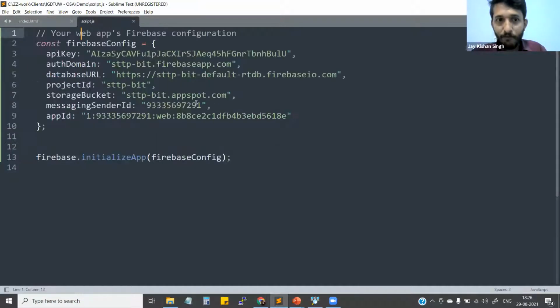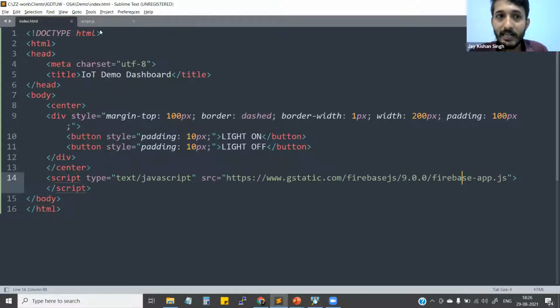So in my script file, right now, maybe this Firebase or this initialize app may not be familiar to the HTML file. That's the reason I mentioned this URL right here, so it will understand all those keywords. Okay, so Firebase app is mentioned there. We are not building the app. We are going for a general web application, so I'm just making it specifically Firebase only, right?